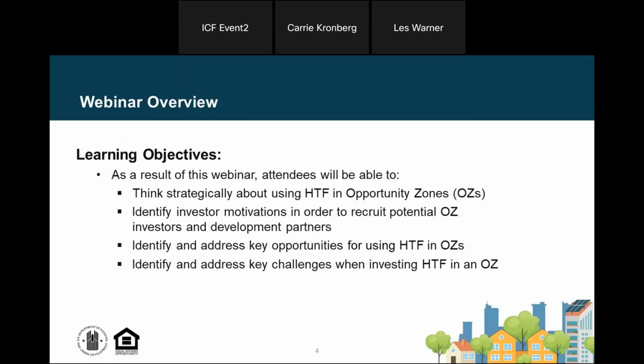So a little bit of an overview of what our goals are for today's webinar. We want to assist folks to think strategically about how combining housing trust funds with opportunity zones can be useful. As part of that, we're going to be identifying some of the potential investor motivations and thinking about how we might recruit potential OZ investors and development partners, needing to understand how this will work for them and what might motivate them or interest them in partnering